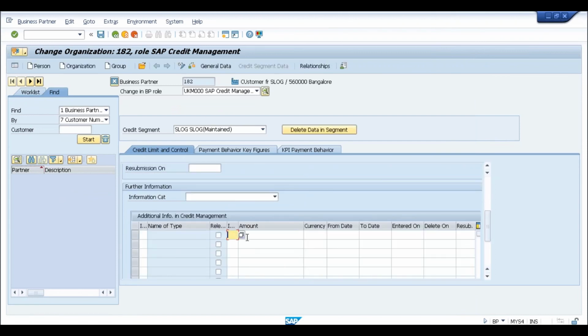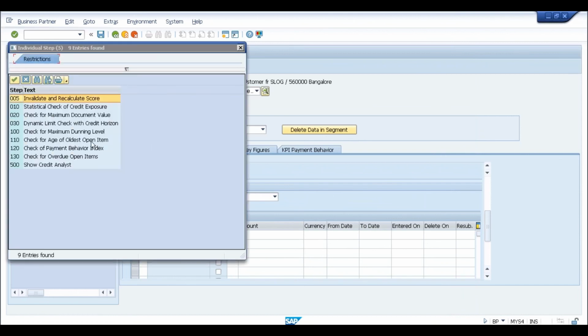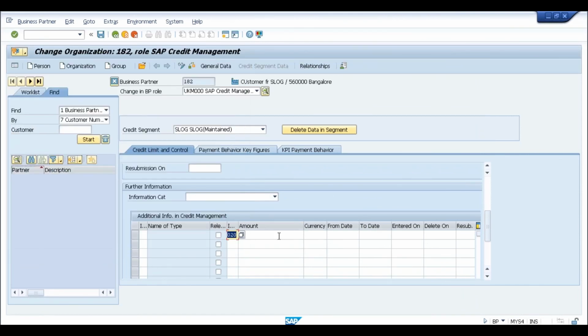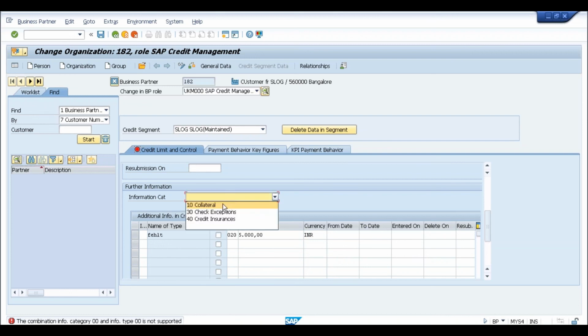If I enter this parameter here for step 20, and let's say the maximum document value is 5,000, currency is INR. Combination info category 00 and input type, what exactly is it? Information category, let's go for collateral.